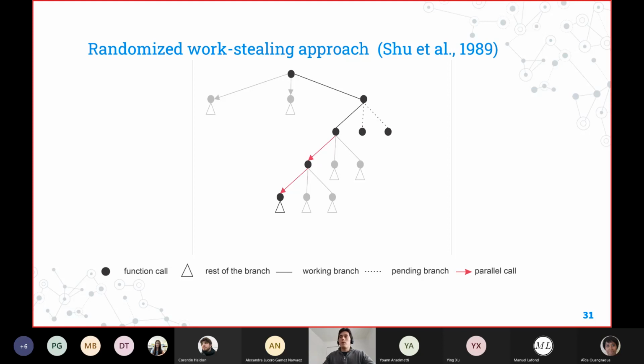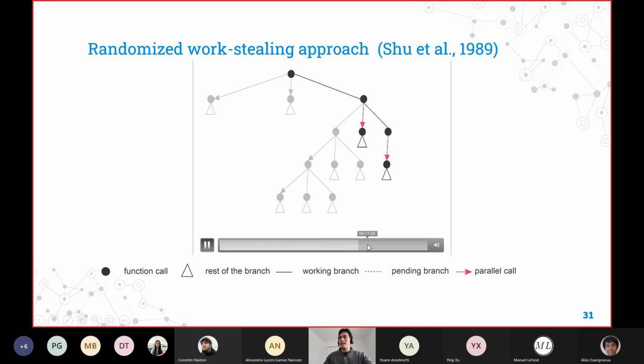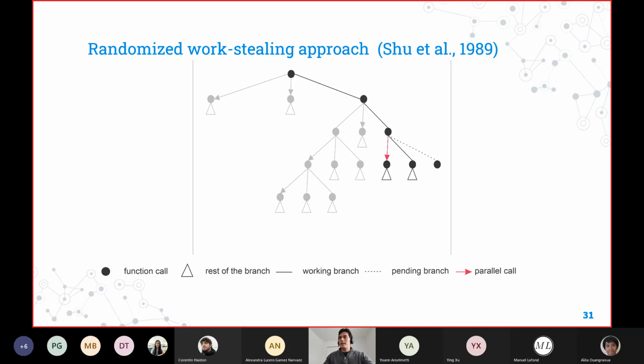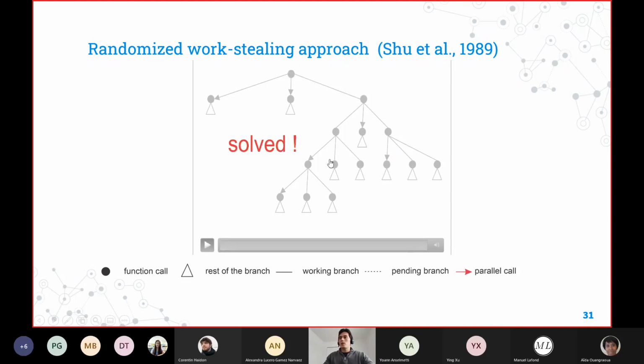This is not a problem for the non-weighting algorithm, because they don't have to wait for a result. And then everything will just return here. And this distribution of the processors is random. For now, I'm just showing you the right branch, but that also means that this is happening in any other branch or any subtree in this algorithm.